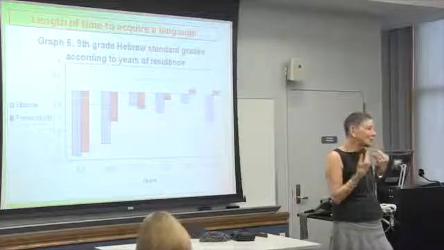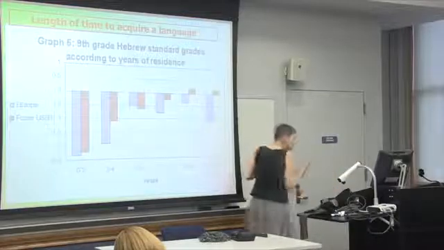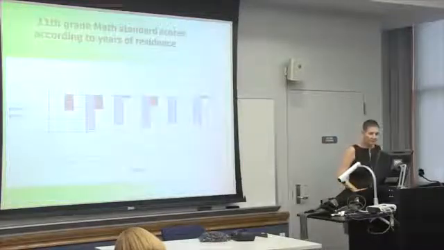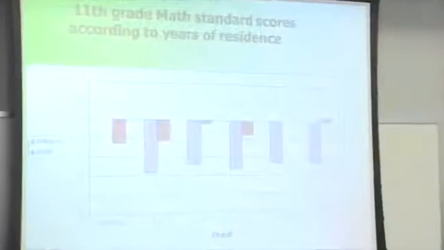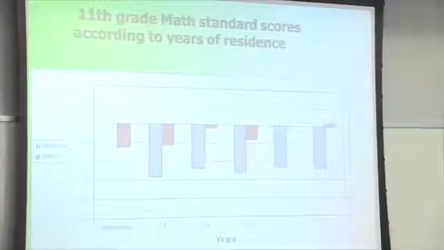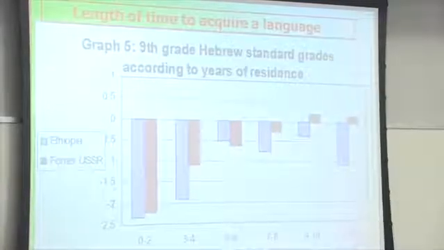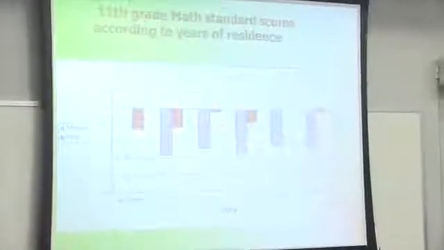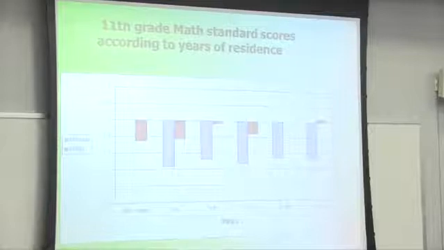But the good thing is that when I showed you the other one, the other score, you saw that the 2 languages do help. Okay, so this is another one in math as well. You see the Ethiopians, the blue, it's even worse than the Hebrew. And here the Russians, the red, after 9 to 10 years, are managing to do math. I'm sorry, the one before was Hebrew. My mistake, sorry. So that was Hebrew, and here the math, and they did well after 11 to 12 years,